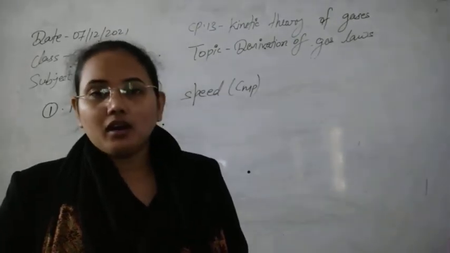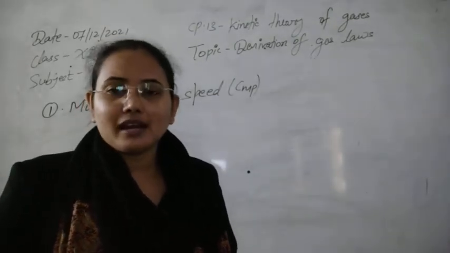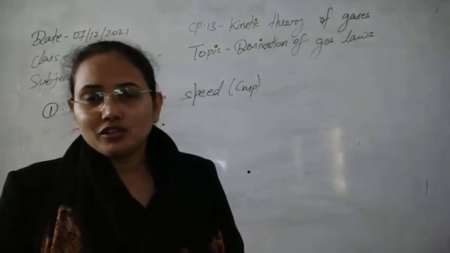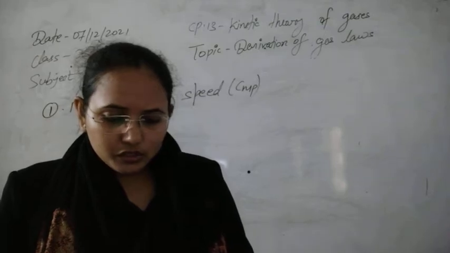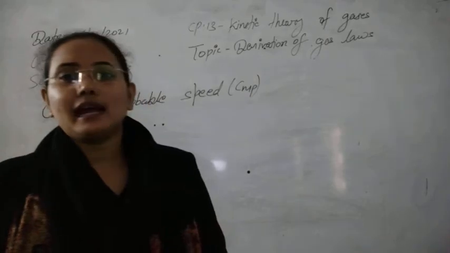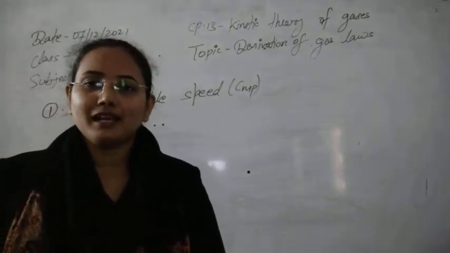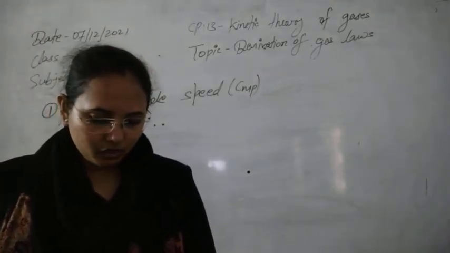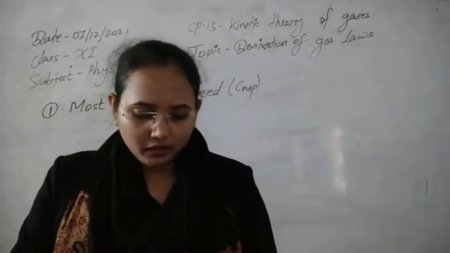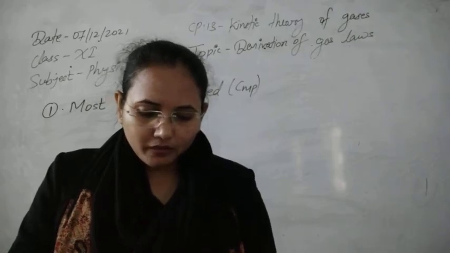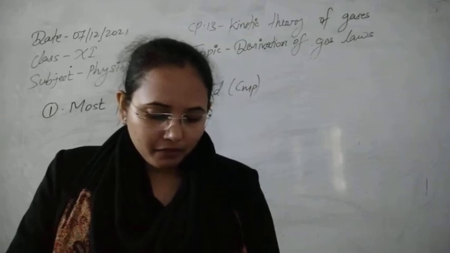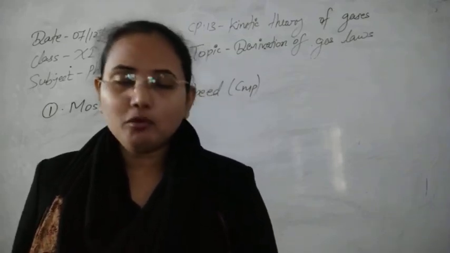So Maxwell, a scientist, started to study the distribution of molecules among the gases and their velocities. Using his concept, the first speed we get is called the most probable speed. So what is the most probable speed? The most probable speed of a molecule of a gas is that speed which is possessed by the maximum fraction of the total number of molecules of the gas.